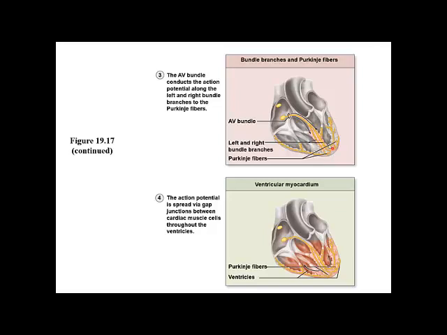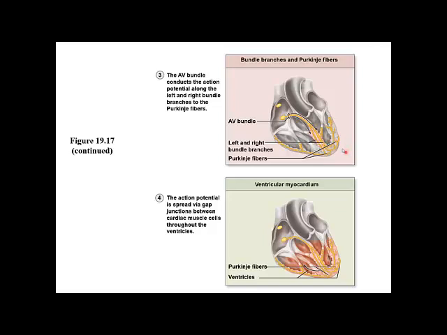apex of the heart. Once the signal ends up there, specialized fibers called Purkinje fibers take the signal and distribute it around the apex of the ventricle, moving from the apex towards the base of the heart. This serves to contract the ventricles from the apex going up. This is just like squeezing a tube of toothpaste from the bottom up, which is going to be a much